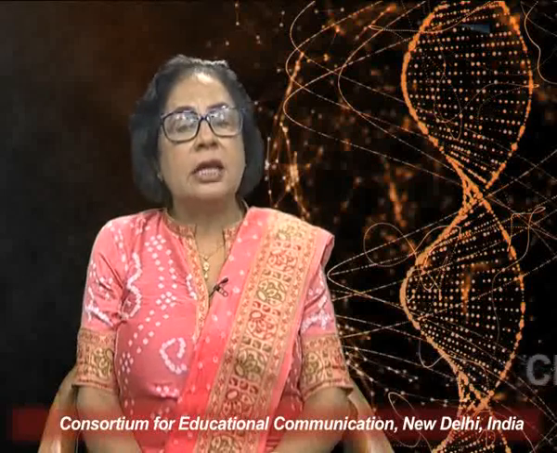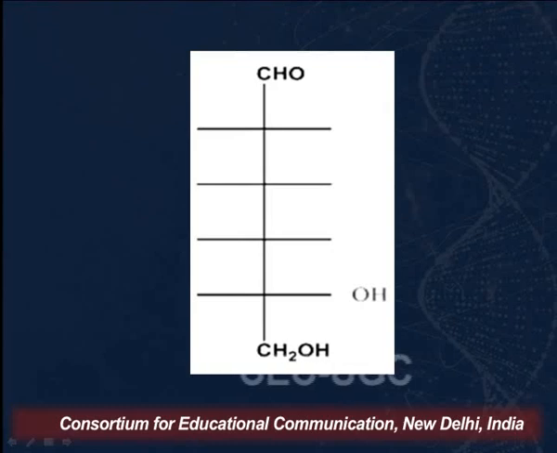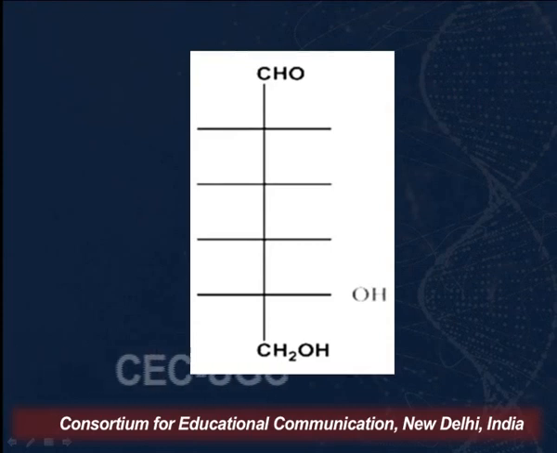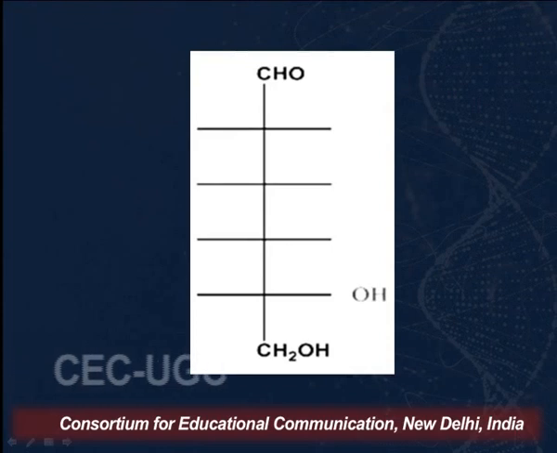We find that if the OH is on the right hand side on the highest numbered asymmetric carbon, that structure is assigned configuration capital D. Now, as you can see on your screens, you can see an image of glucose in which only the OH is shown at the highest numbered asymmetric center, which is the 5th carbon, and we find that the OH is on the right hand side. This orientation was given when the structure of glucose was compared with that of D-glyceraldehyde.